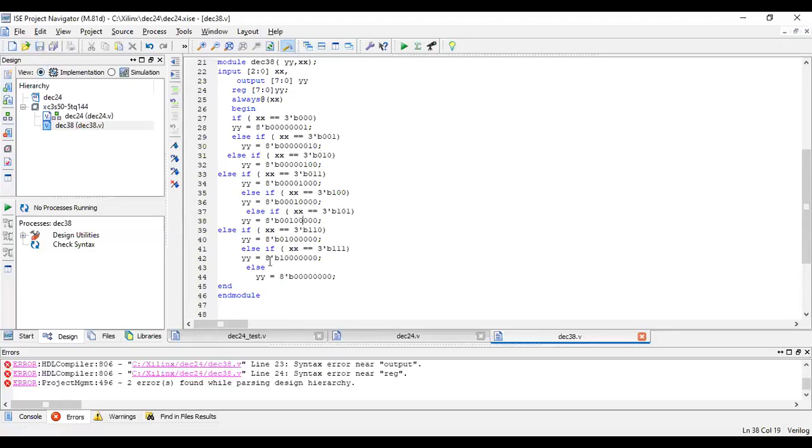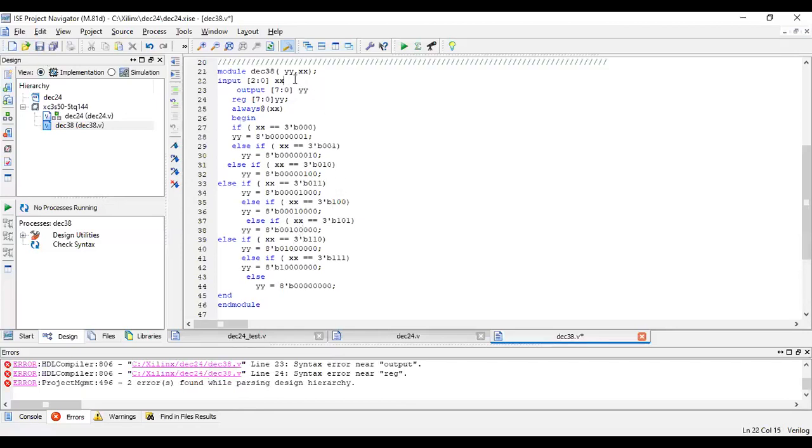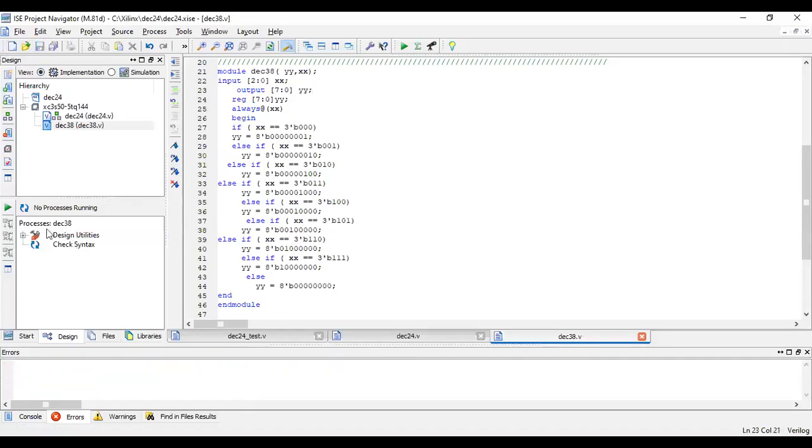And this, we have done. There's some error near output and register. Maybe I did not put a semicolon over here. So there are errors. I've saved it. When you save also, you'll get the errors. So probably now there are no errors. Let me check the syntax.